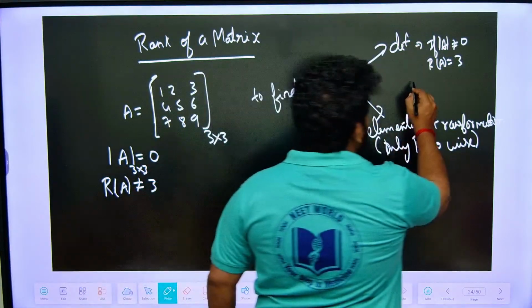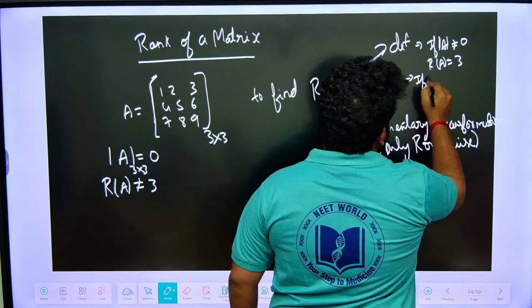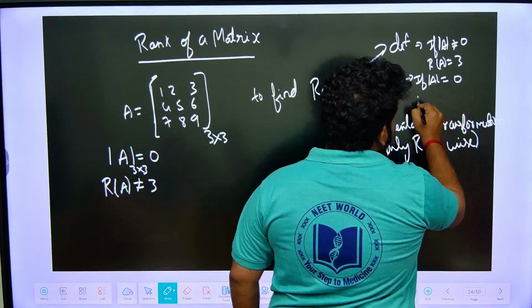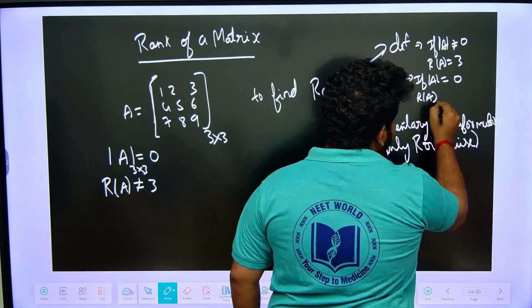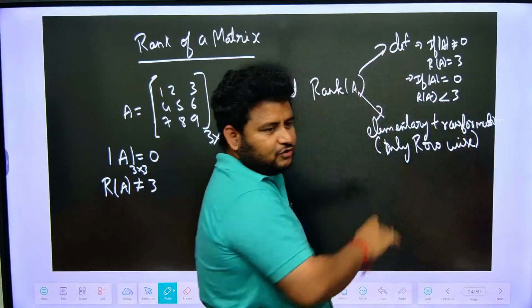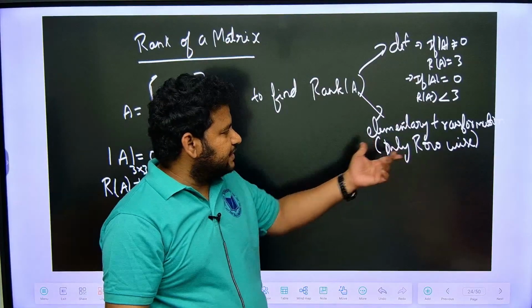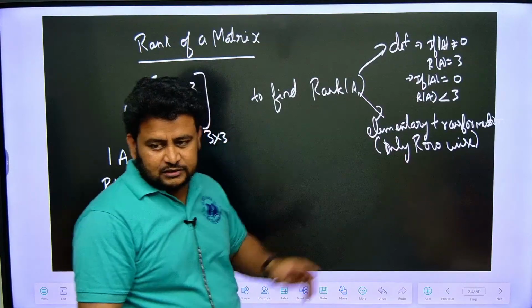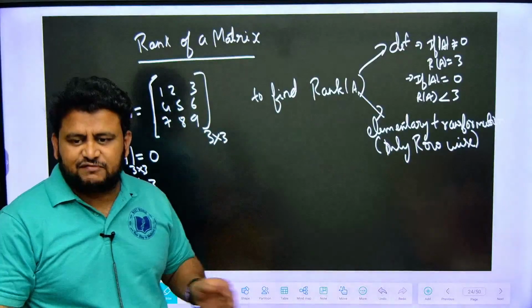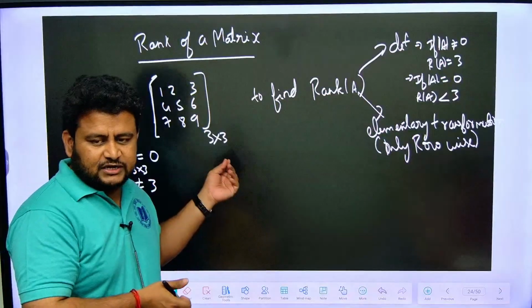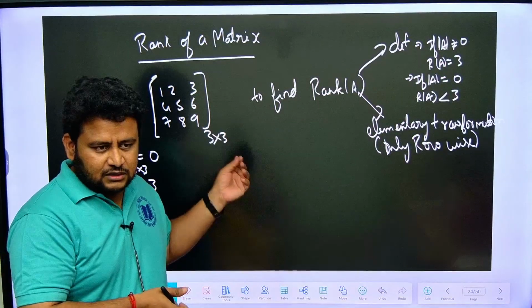But if det of A is equal to 0, rank of A will not be equal to 3, but it will be less than 3. What is that value, whether it is 2, 1 or what, we will find out. How to find out, we will tell. So, this is elementary transformation row wise, I will tell you how to find. So, the first thing is, for a given matrix, find the determinant. If it is not equal to 0, whatever the order, 3 cross 3, 4 cross 4, 5 cross 4, that will be the